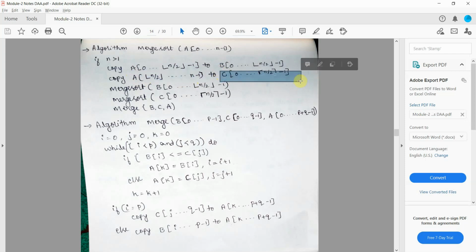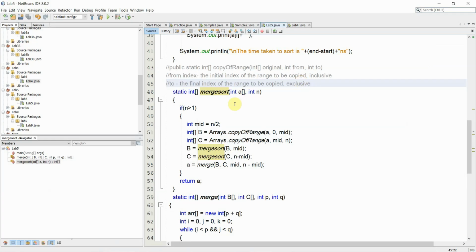In Java we have a method called copyOfRange that copies the elements of an array from a specified range to a new array.